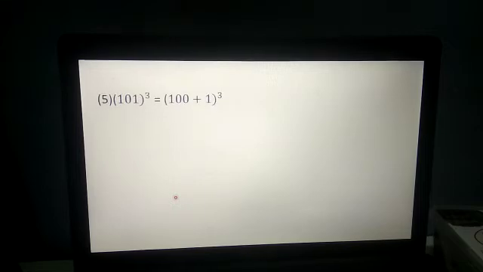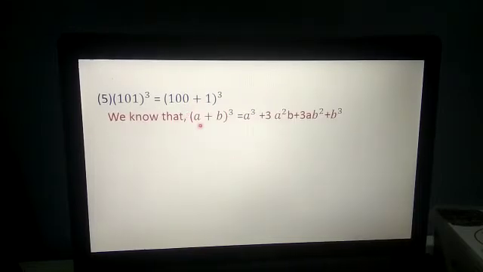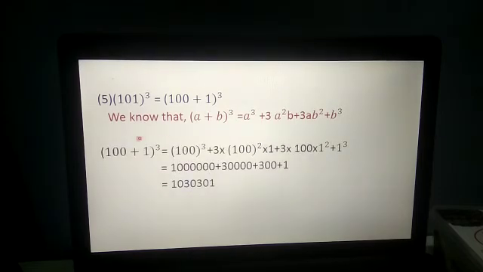Okay. Now fifth sum in the same way. So fifth sum, 101 whole cube is equal to what? Again we will split it using the expansion formula, (100 plus 1) whole cube, because the expansion formula is (a plus b) whole cube is equal to a cube plus 3a square b plus 3ab square plus b cube. Children, in the 4th and 5th sums, here onwards also you can write: here a is equal to 100 and b is equal to 1. You can write it over here, because in the earlier sums we have written.